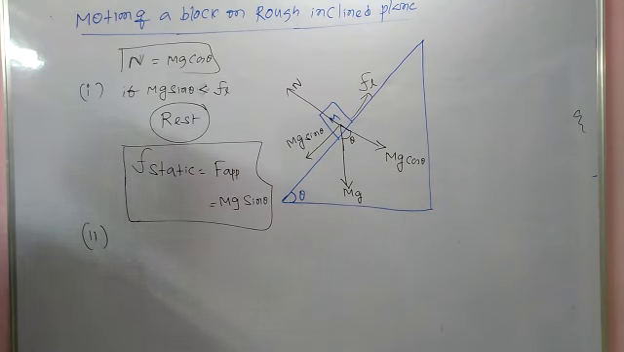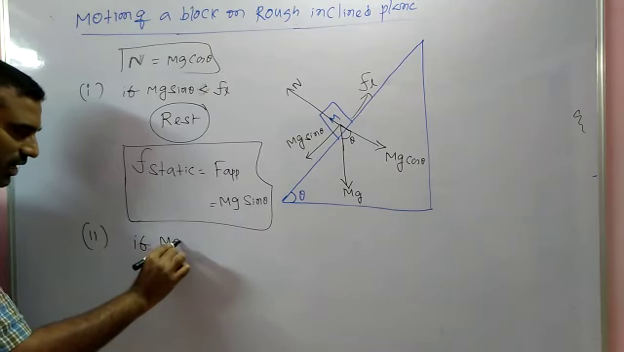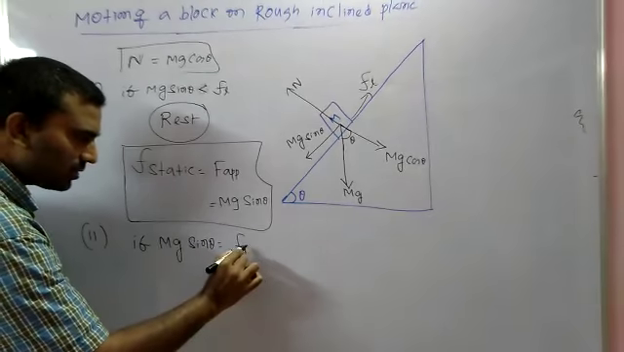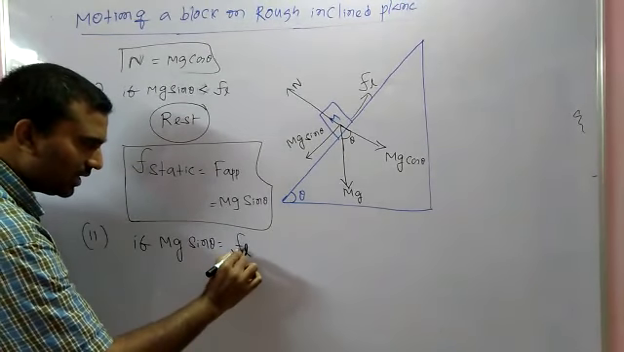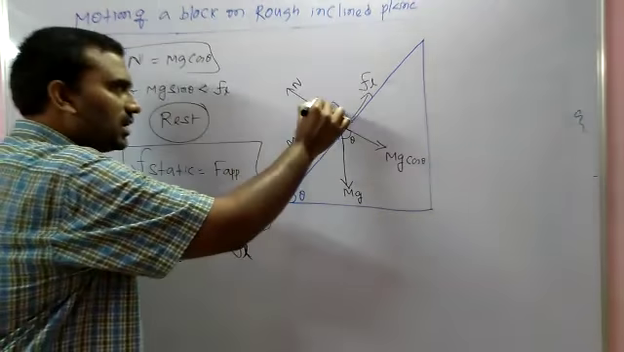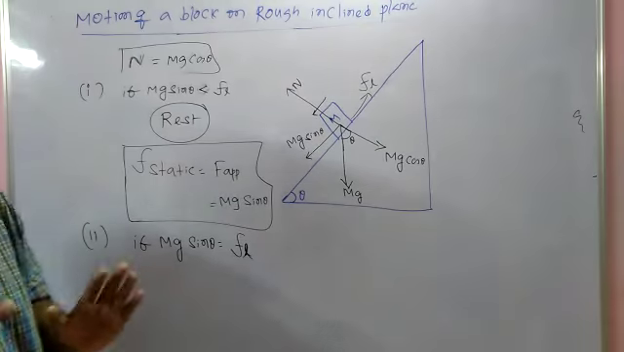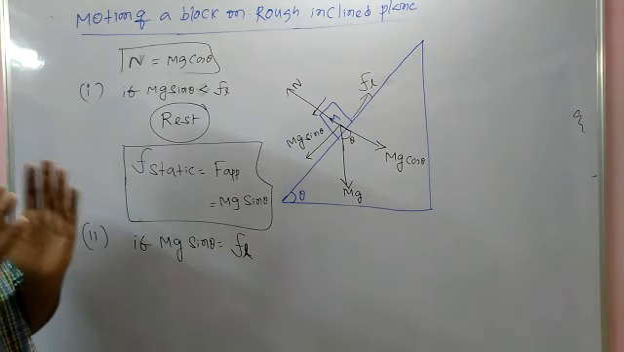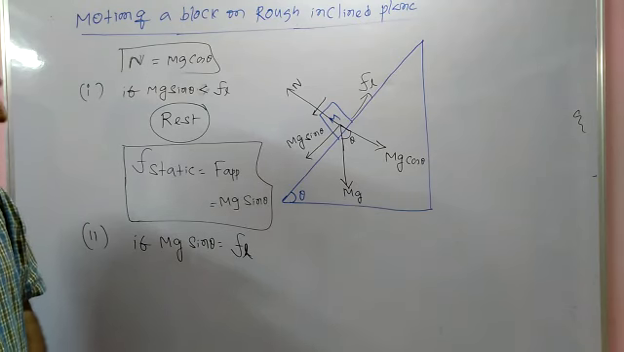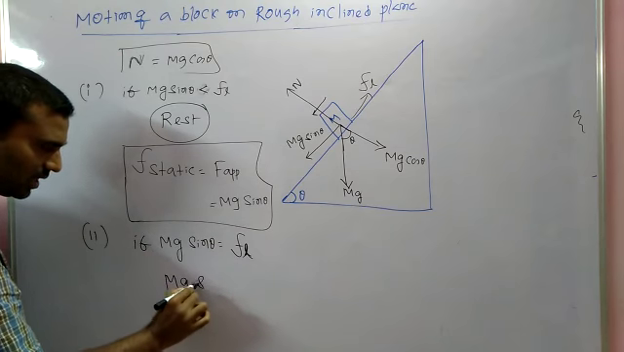Next, case 2. If mg sin theta is equal to limiting friction, which is mu s N, then the block is ready to slide. Not sliding yet, but just about to begin. So here, what is the equation? mg sin theta is equal to